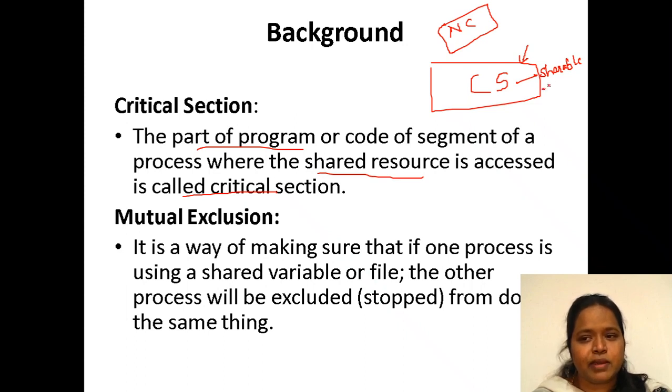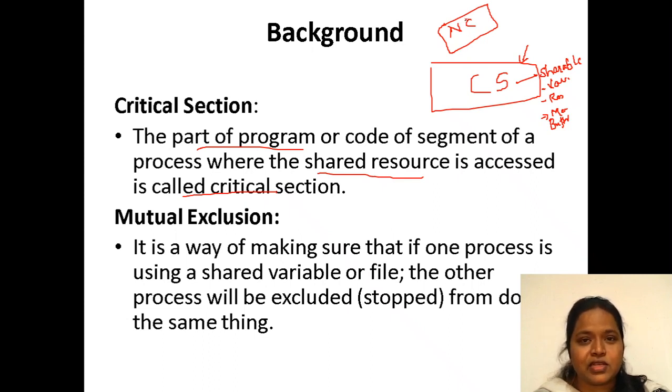This shareable item may be a variable, a resource, or any memory location, or a buffer, fine. Whatever is shared among the processes is placed in the critical section. Whatever is not shared, which is applicable only to the individual, is placed in the non-critical section.